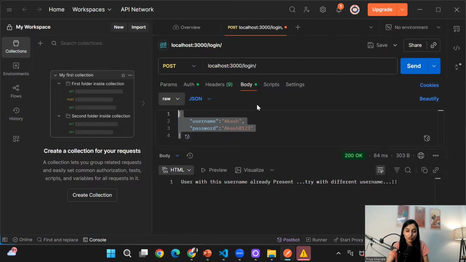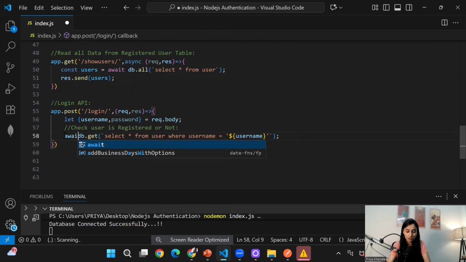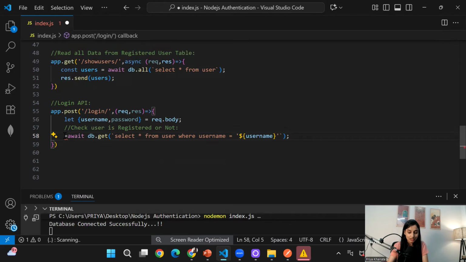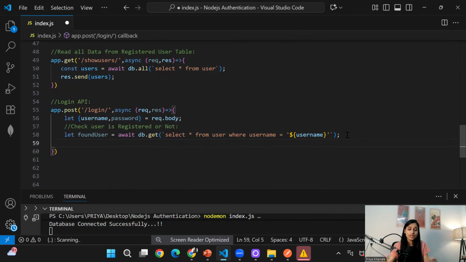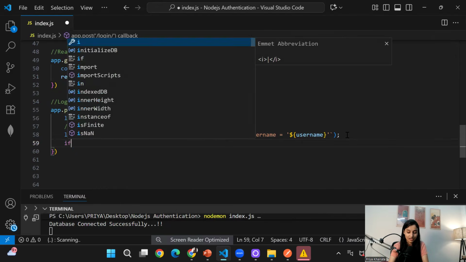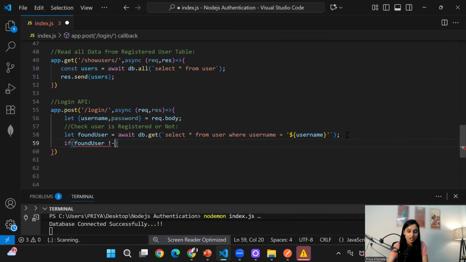See, I am trying to log in with the username Akash. So this Akash will come and sit into the variable username. So I am saying go to the user table and check is the username Akash already present in the user table. Check it out. So we'll use await and store that data into the variable found user. Okay, found user variable. An asynchronous function we will declare. So once we found the user in our user table, means user registered successfully, correct, right? So we will write the logic over here. If you found the user, means if found user is not equal to undefined,